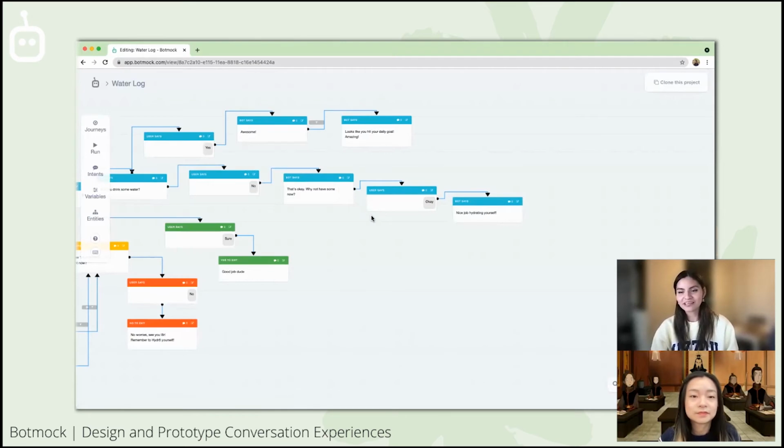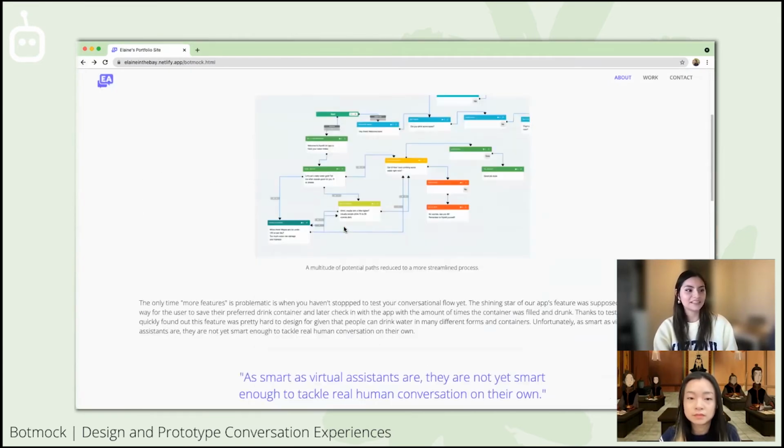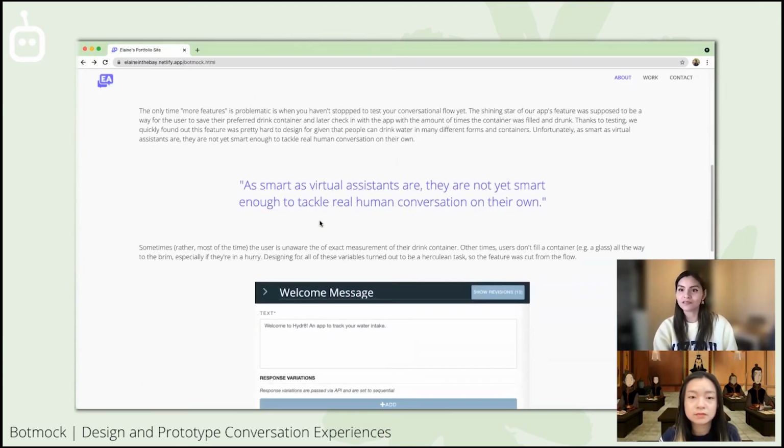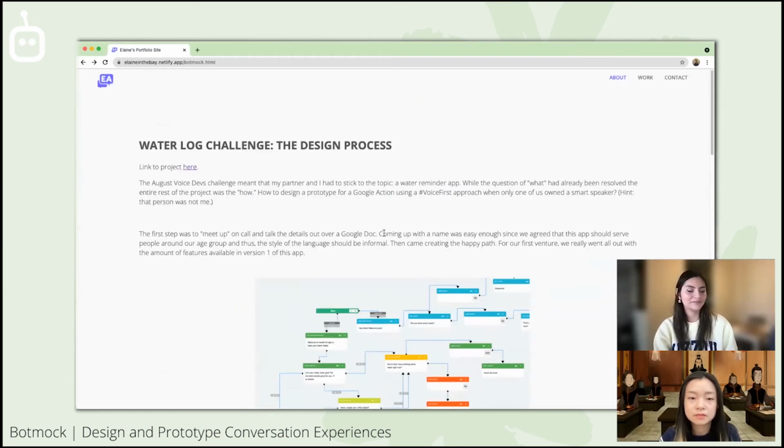In general, not everyone's conversation design portfolio has to look like this. A thing to note is I actually coded my own website, and that's totally not required. You can use a website builder. I think the important thing is just to show that you can explain your design thinking. People don't really care how your website looks. It's mostly about being able to have an entire page dedicated to notes of what you learned during the process.